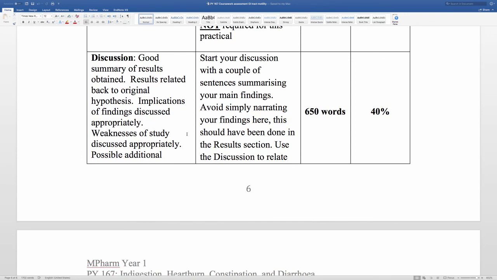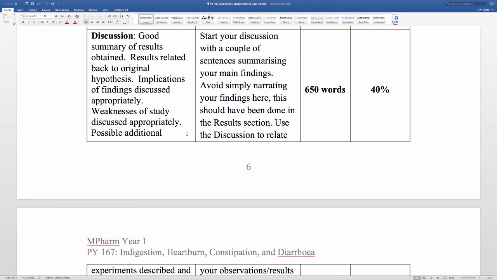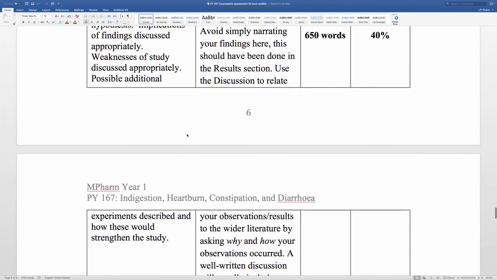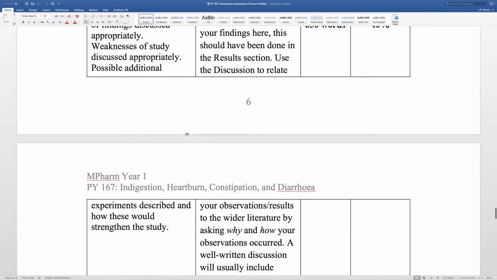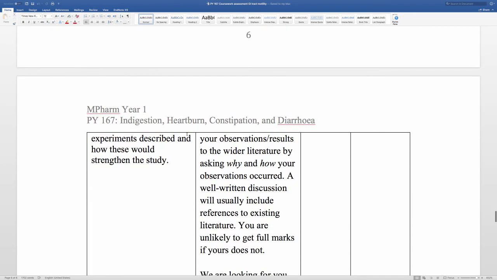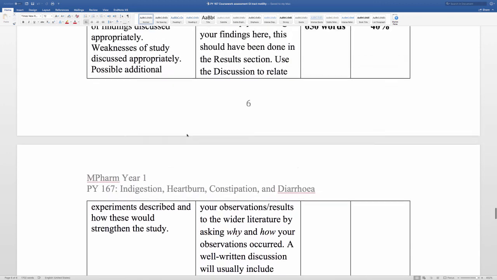Then we're talking about the discussion. Start your discussion with a couple of sentences summarizing your main findings. We've talked about this. You need to integrate the experiments together to actually discuss your observations and results, and draw conclusions from that. And then obviously talk about